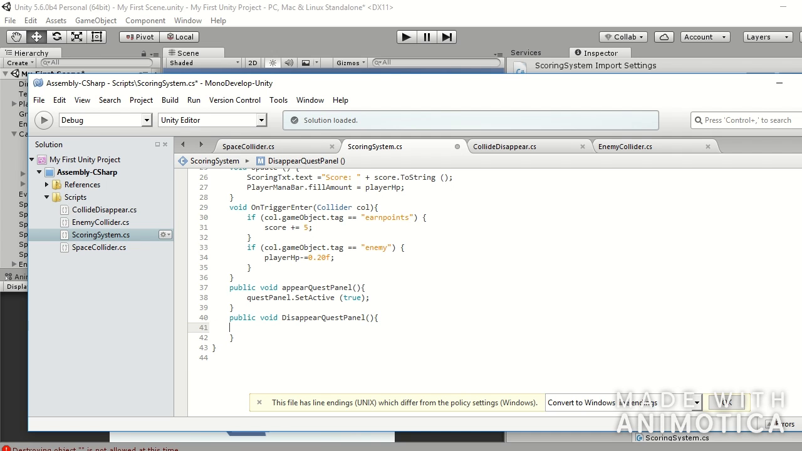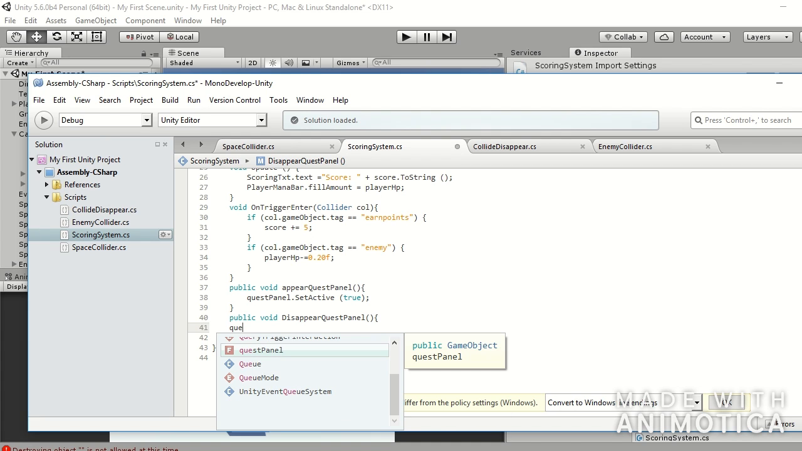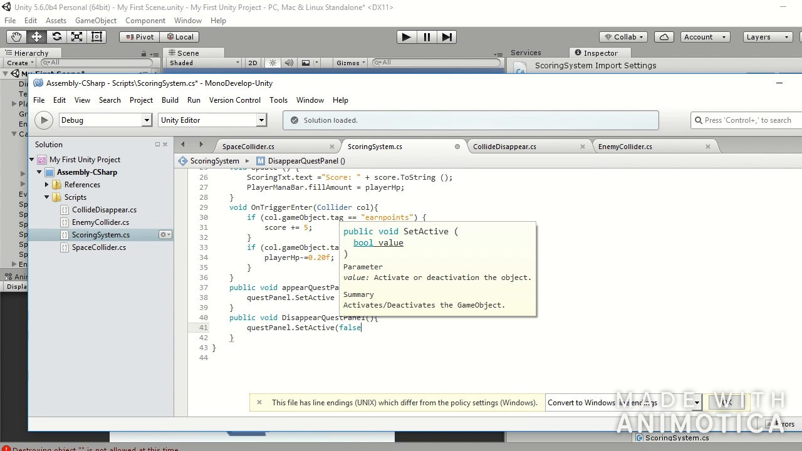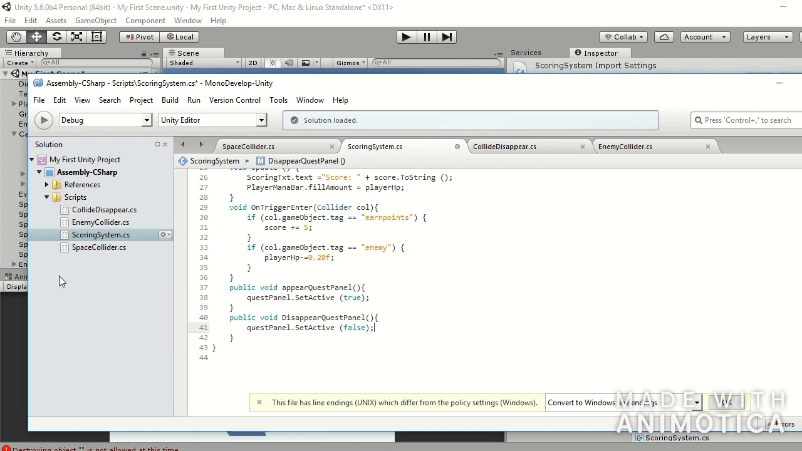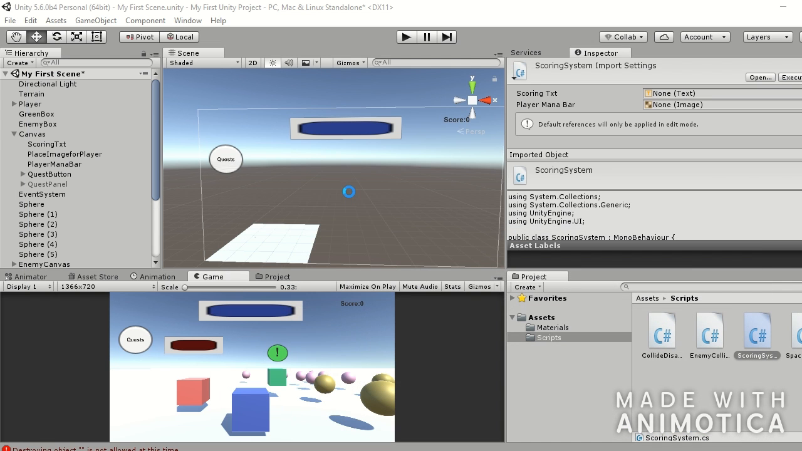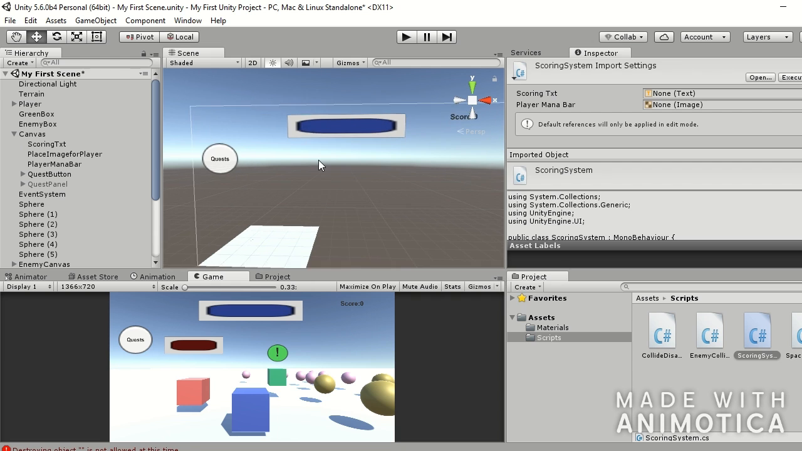So here I'll demonstrate to you how the quest panel should be in opposite. Let's set active false. So right here, I will run our script. Then you can see it work. Then as you can see here,